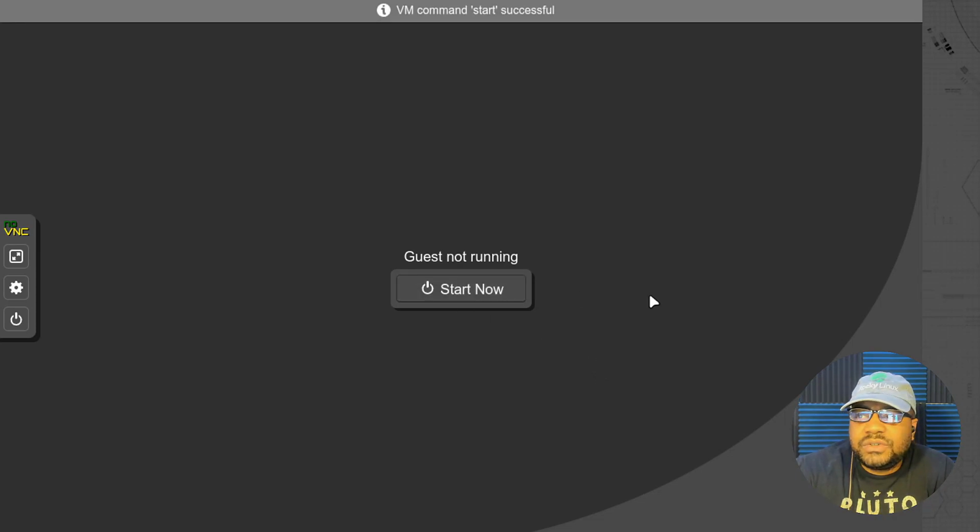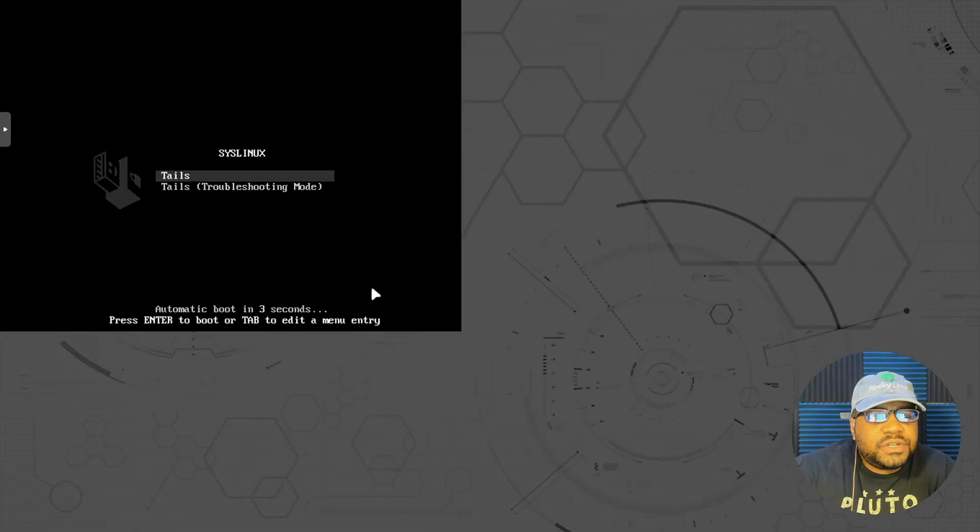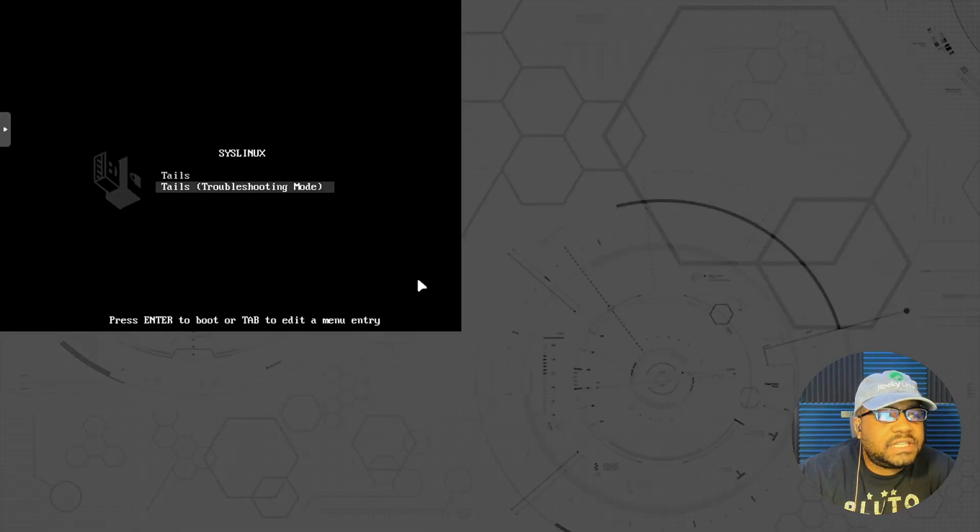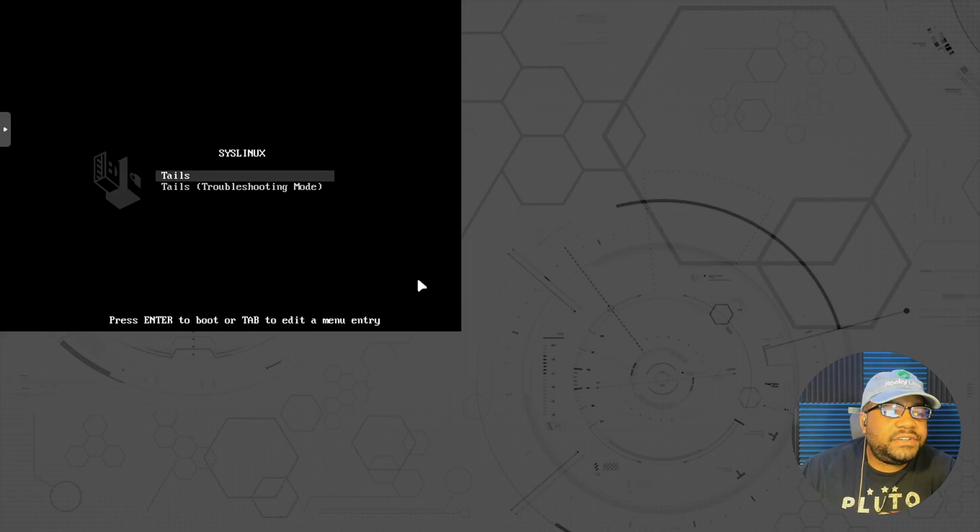So let's go down and start this distro. And I wanted to show you guys the first things that'll show up. There's basically a Tails and a Tails troubleshooting mode. We're going to just go to the Tails version. If you need to troubleshoot, that's what that's built for right there. So let's go down and press enter there. It'll automatically go to that. I just stopped it. I think it's a countdown in there. But it'll go down and boot up the operating system.